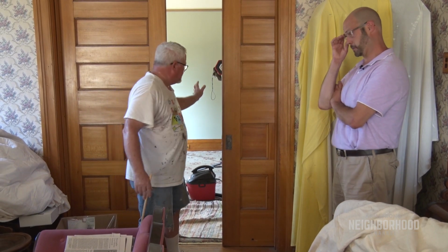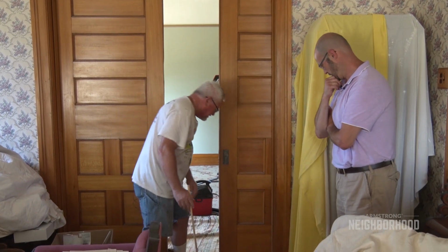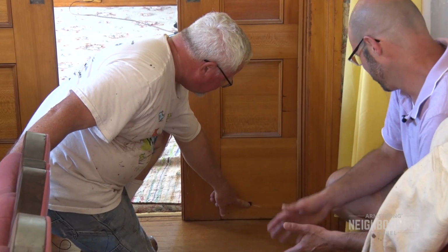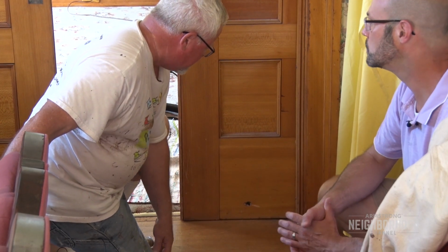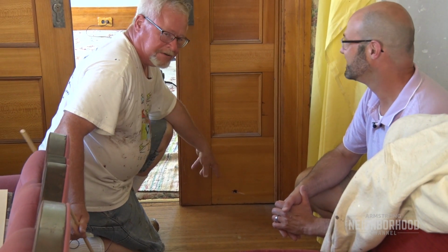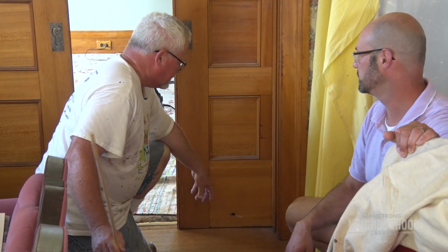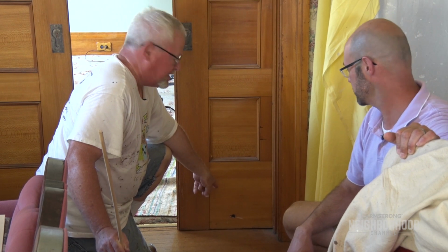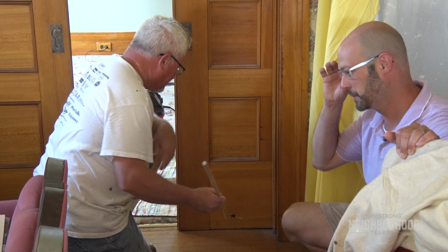Well, the last set of doors to be done in this room were the pocket doors, and when they were open, Farrell McHugh made an interesting observation. At the floor level, there was a hole, which he said is kind of odd. Yeah. There were no electrical connections or anything like that that would have necessitated a hole. But when he saw it protrude to the outside of the other side of the door, he recognized that's a bullet hole. He was a specialist in the Army and quite familiar with weapons. Right. He said it had to be at least a .44 or .45 caliber bullet to penetrate wood that solid and make that clean of an entry point. So he fashioned a dowel rod, which he just happened to have in the basement here, and he stuck it in the hole and saw,